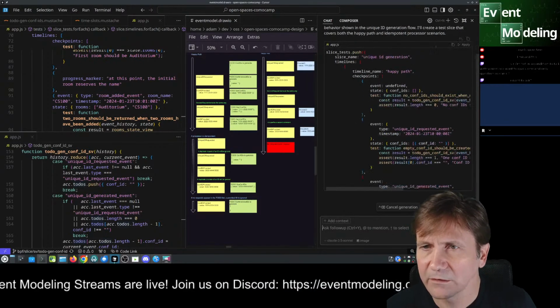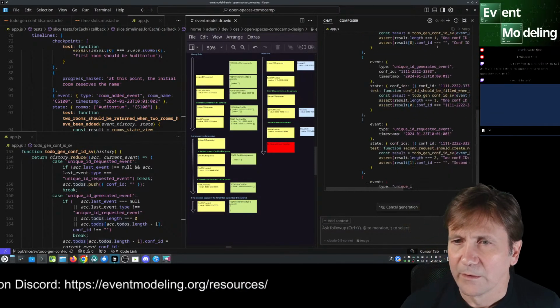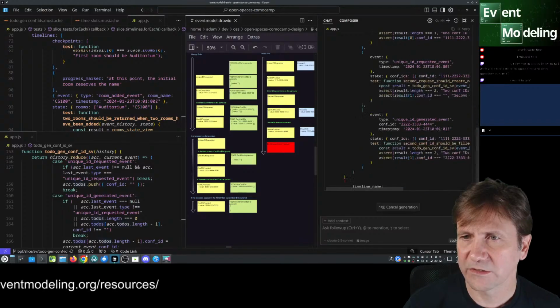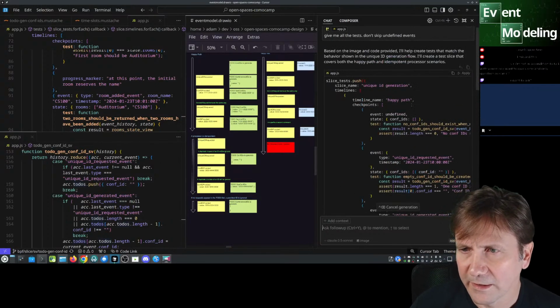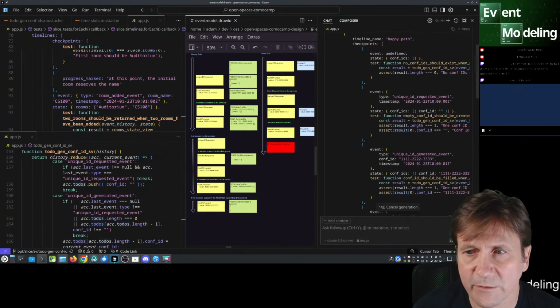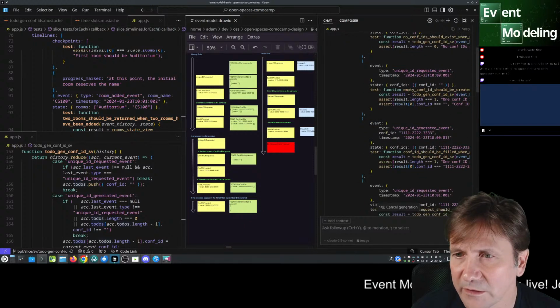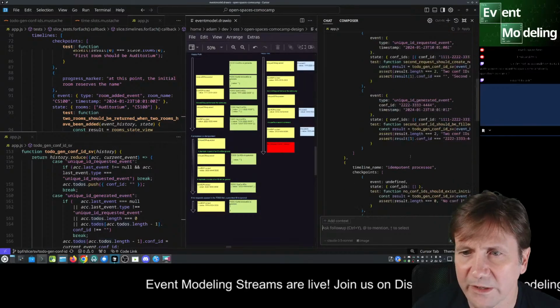Okay, that did it. Okay, good. So that's good. So it's probably happy path. Yes. Then it has requested, generated, requested, generated, and that's the last one.